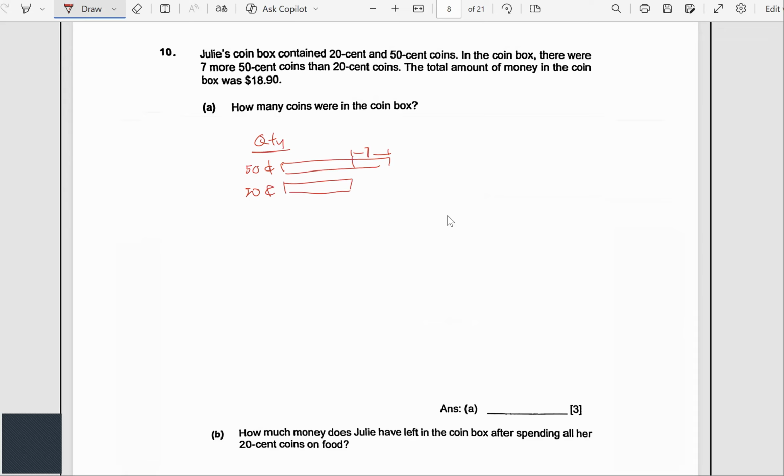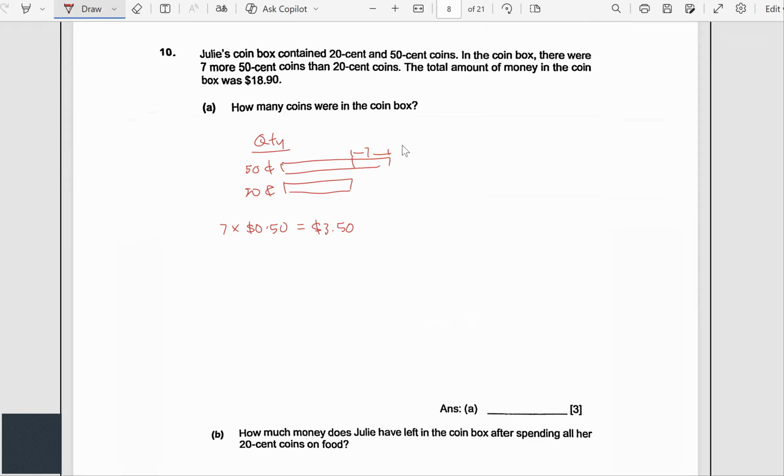So what we need to do is to remove the extra 7 50-cent coins. Okay, so let's find the cost of that. So 7 times 50 cents. $3.50 is what we